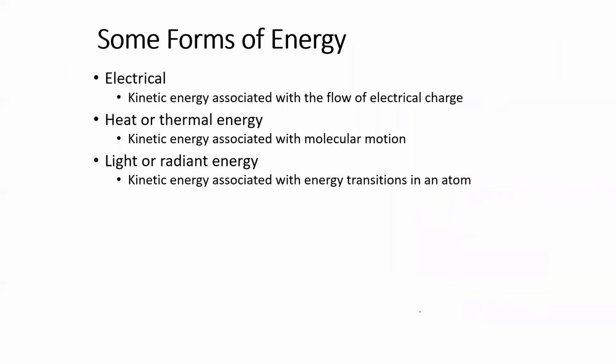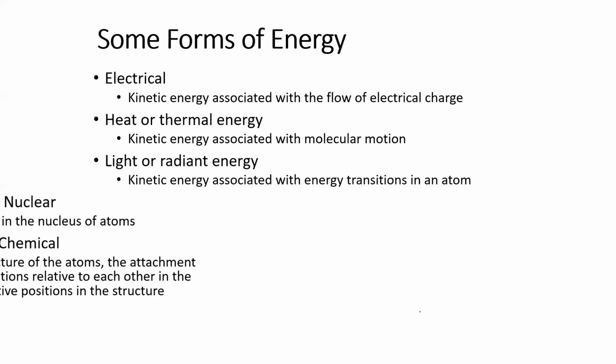So what are some forms of energy? Electrical energy. Why? Well, the flow of electric charge, right? When we think of a circuit, you have electrons going through a circuit. That's why old copper wiring, right? Why do we use metals and copper? They conduct electricity. They lose their valence electrons and they pass them through a circuit. That creates an electrical current. Heat is a form of kinetic energy. Molecules moving faster. Light, right? Transitions through space, kinetic energy.